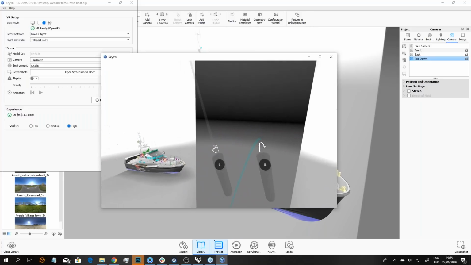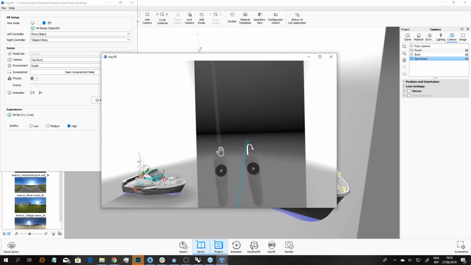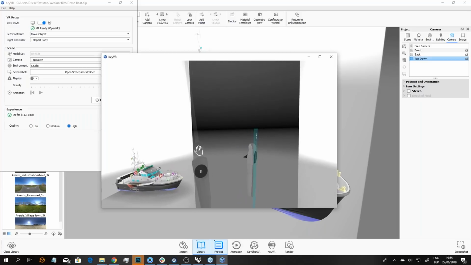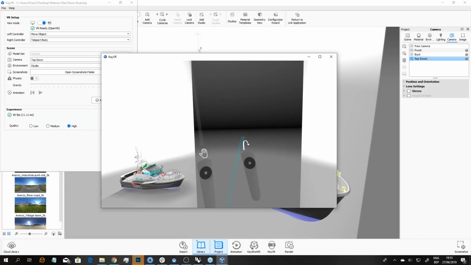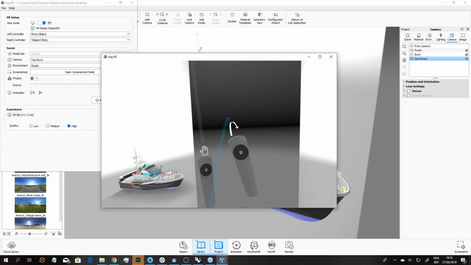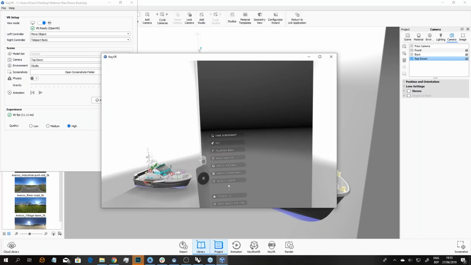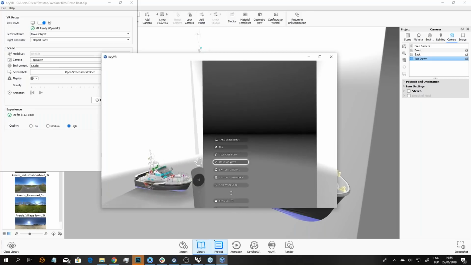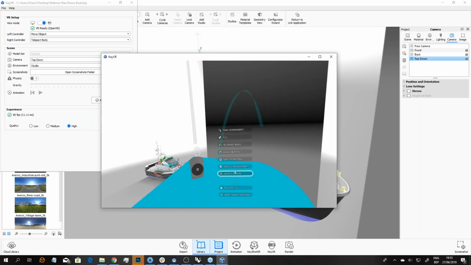my controllers, and as I hold them in front of me, I can see that they have different modes already. Here you see the HTC Vive controller, because that's the one I'm using, and you should see this big black button on the top of it. If I press and hold that button, I'm presented with a menu where I can just vertically select different functions. The first one I'm going to try is to select camera, and